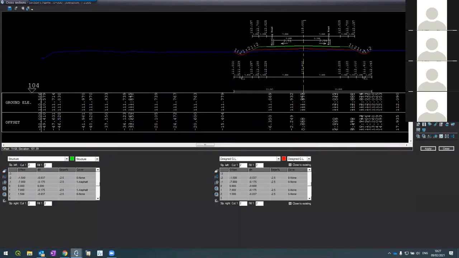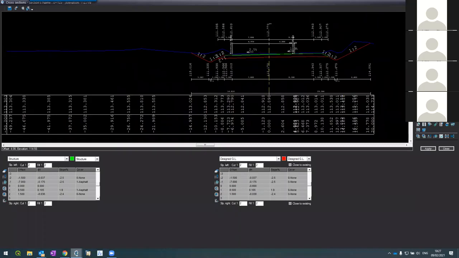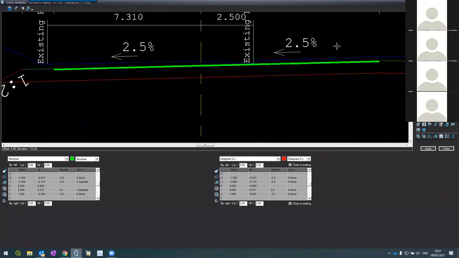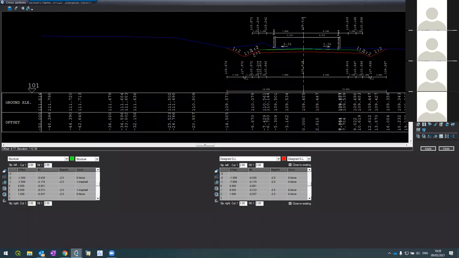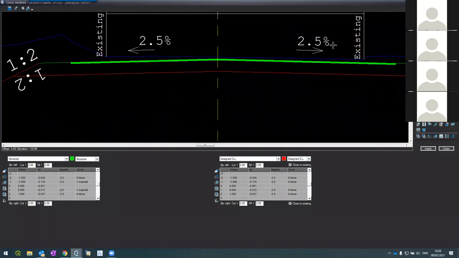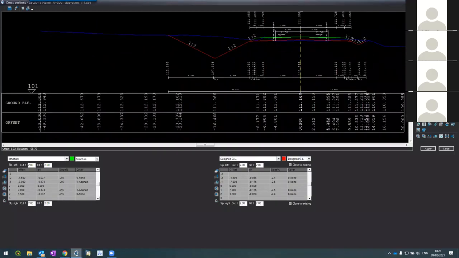if I go to 125, here it is, you see? This is in the middle of the super elevation. This segment is super elevating. This is not changing. Again here, 2.5, 2.5, 2.5. Here it's coming back to the other side. And continue. I hope you got it,